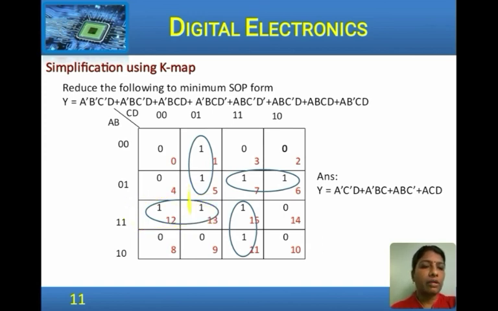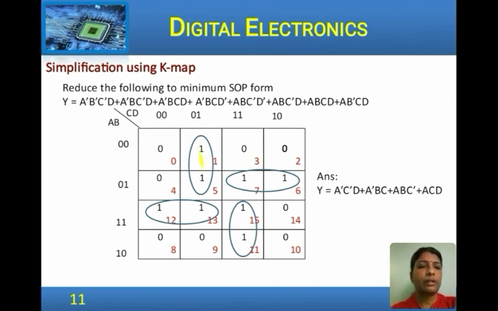We can also have a quad over here, but look at that, this quad, all the 4 ones are already in pairs. If we want to consider the quad because it is larger, then for these ones that are here, the corresponding ones are necessary to form pairs. So, these 4 pairs are absolutely necessary, plus we can have a quad, but since the ones are already covered, the quad can be ignored. So, now these are the pairs that are considered. Now, we will take the expression for that.